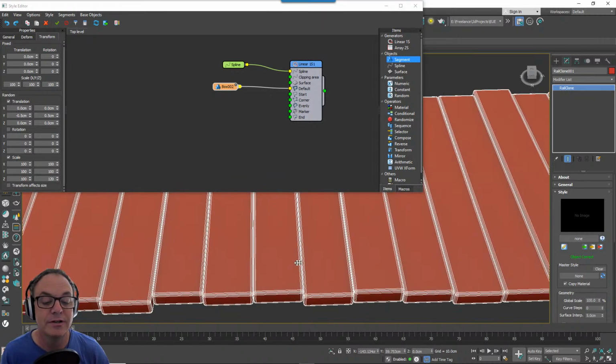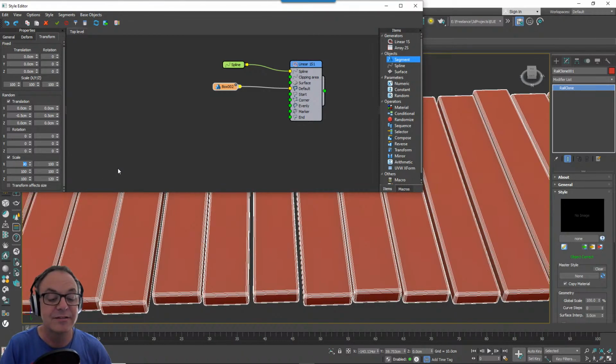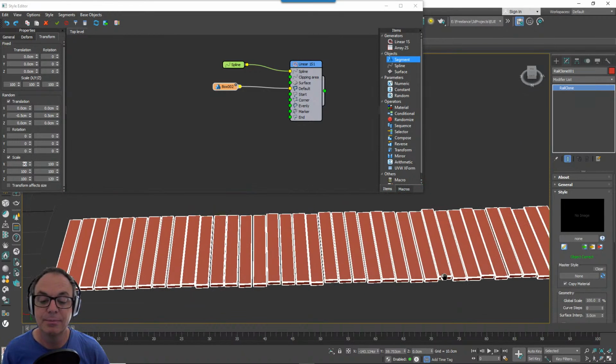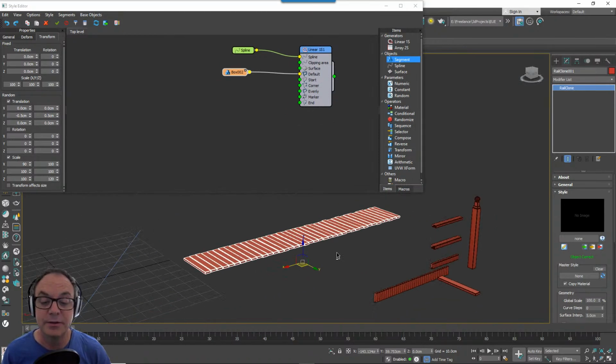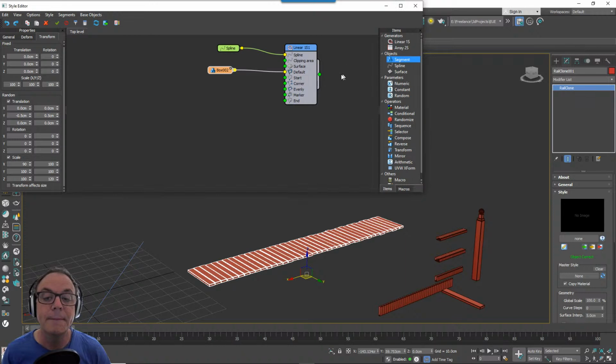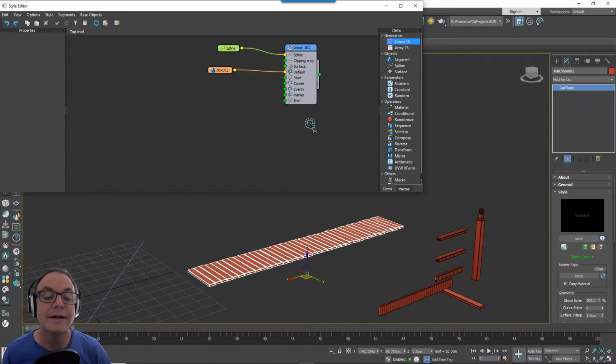And also to open up some gaps between the planks, turn off transform effect size. Now that means when I change any sizes here, it won't affect the layout of adjacent segments. And then I can always make the X size a little bit smaller and randomly create some gaps between the planks. Okay, so that's very nice and quick. So now what we want to do is to add the other pieces. So I'm going to add another linear generator